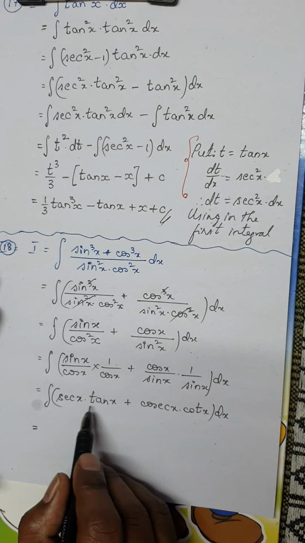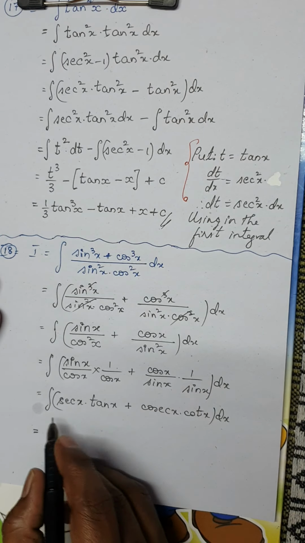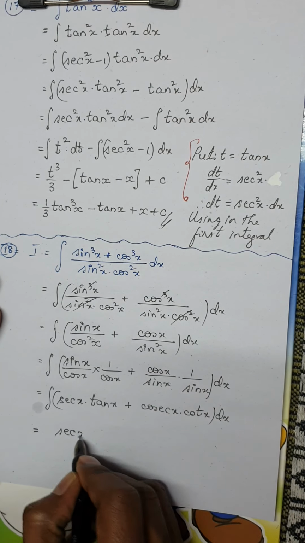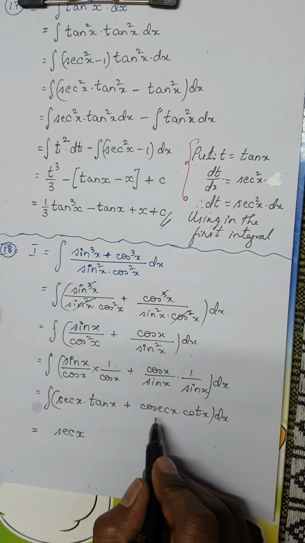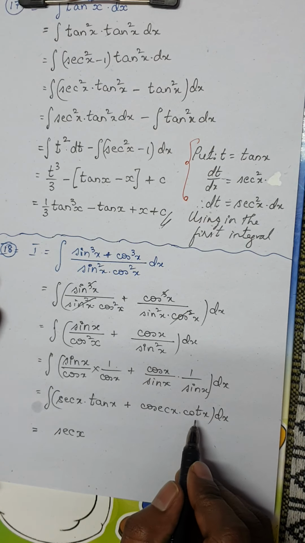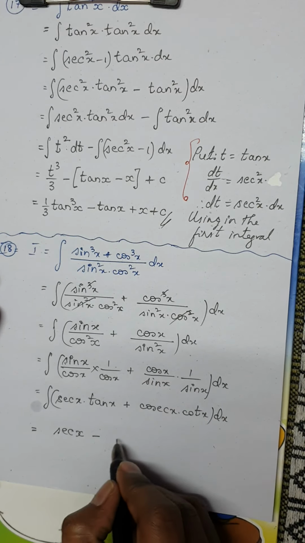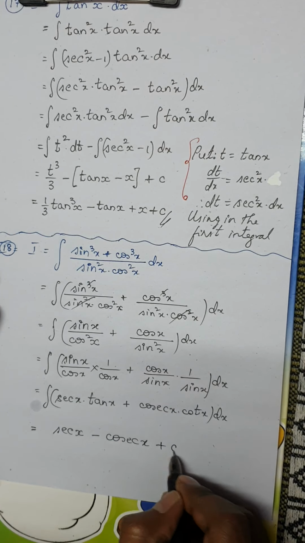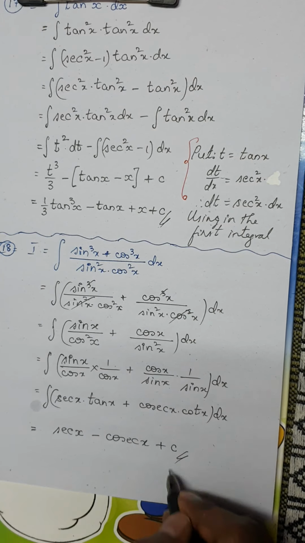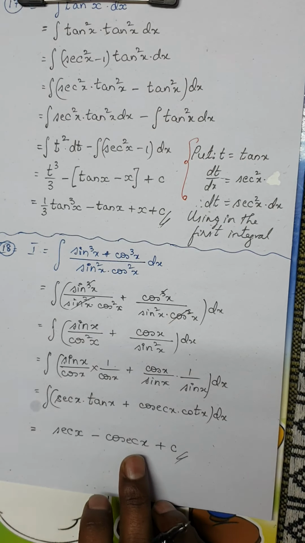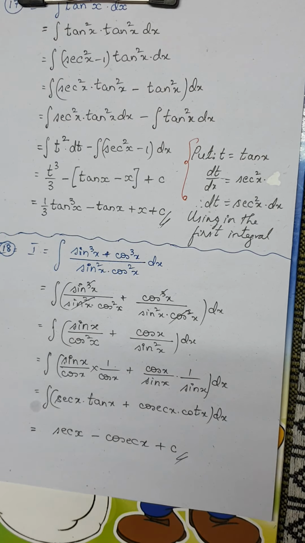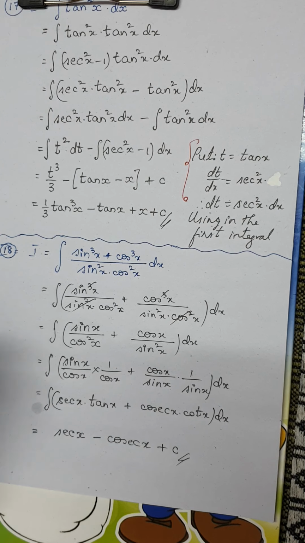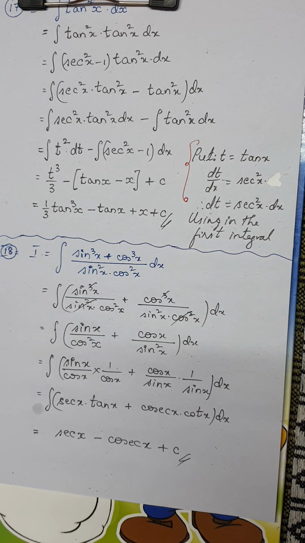Now this is a standard integral which you have already studied in the first session. Integral of secant into tan dx is nothing but secant x. Similarly, integral of cosecant into cot would be, remember it is minus cosecant x, plus c, which is the constant of integration, and this will conclude the solution for the above integral. There are chances of this question being asked for 2 marks in your main examination.